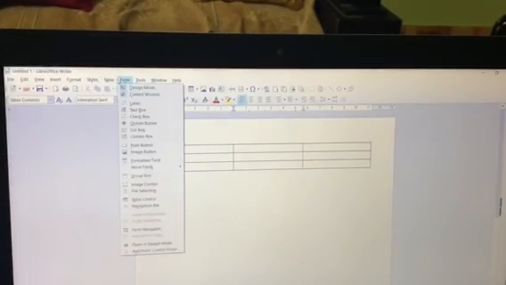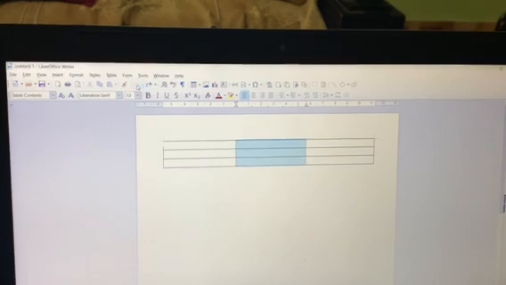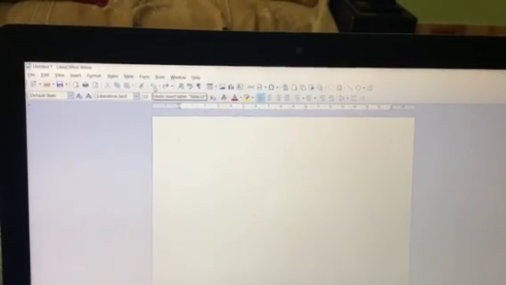Or you can select any of the columns that you want. Wherever your cursor is, that column will be selected. So this is how you select the rows and columns in your table.